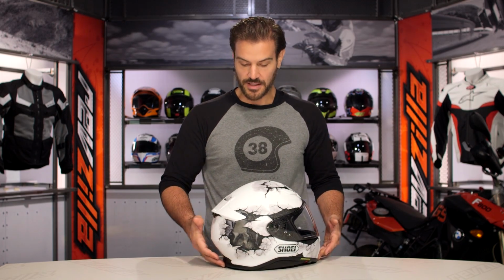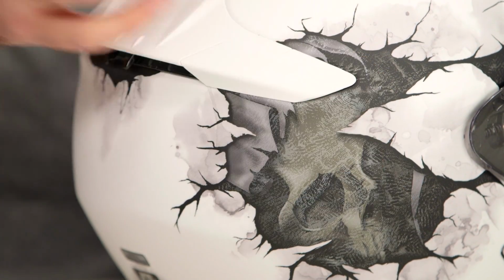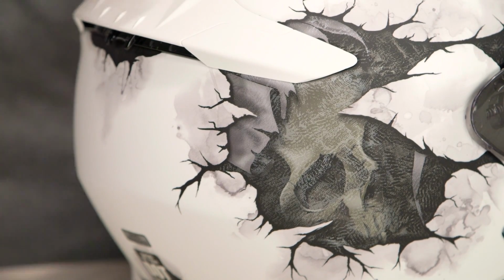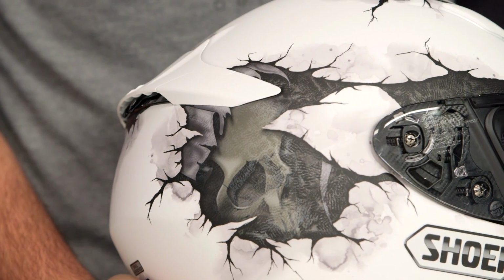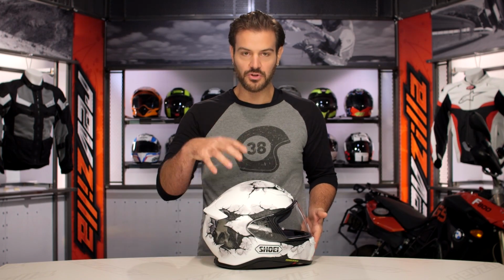And then when you get to the right side, this is where the asymmetry comes into play. You're going to have this skull kind of lurking underneath the shell that's being cracked open, and the only differentiation you're going to see from the matte finish is on top of the skull, and it's a little bit hard to see, but there's a translucent metal flake that kind of works itself around the skull, and it's going to just add a little bit of a pop that you're not seeing when you're just looking at the rest of